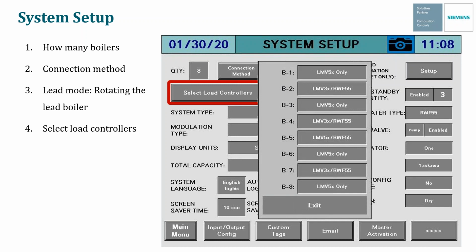The next thing you want to do is select the load controllers. So each boiler may have a different type of load controller. We're showing a couple of different options here. Basically, you need to tell the master panel how each boiler is being controlled and how the set points and process variables are being relayed back to the master panel. So if you have a boiler that just has an LMV5 and you're using the LMV5 internal load controller to control the pressure or temperature of the boiler, you would select what's listed here in the boiler 1 window,